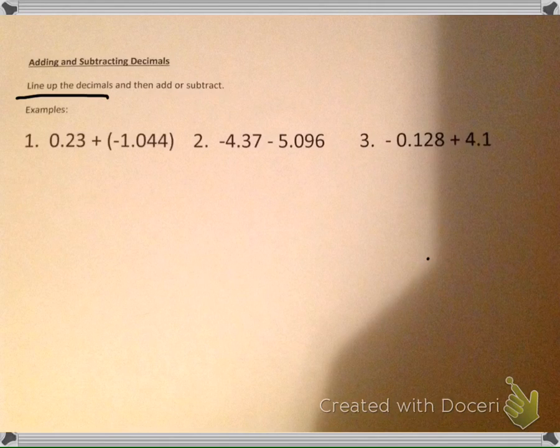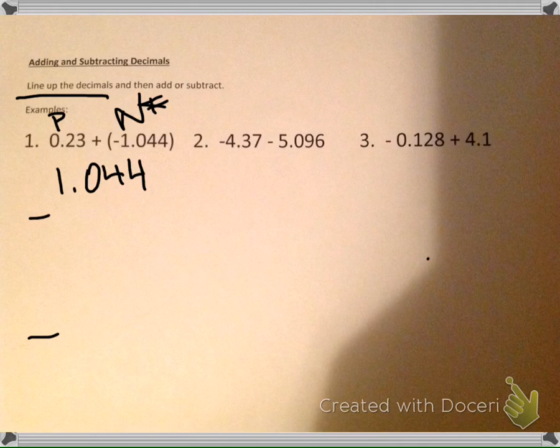Okay, let's look at number 1. We have a positive 0.23, 23 hundredths, and a negative 1.044, 1 and 44 thousandths. So we have different signs, so different signs you're going to subtract. If you'd like to look at this right away and say, is my answer going to be positive or negative? Well, which number is bigger? This is my bigger number, so it's going to be a negative. I'm going to put that in there right now, and I'm going to subtract